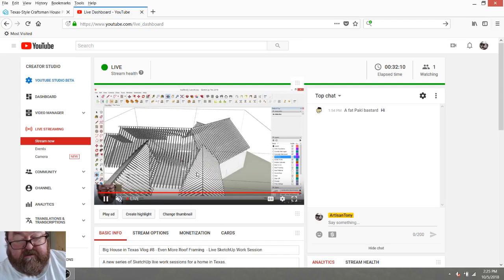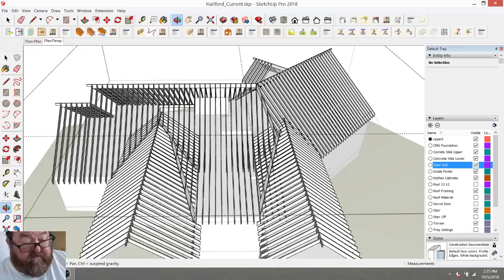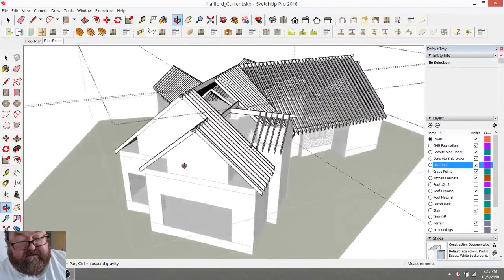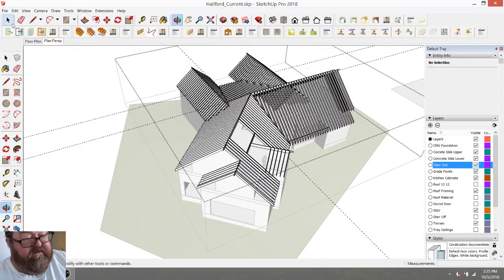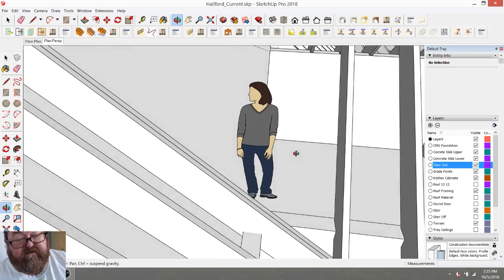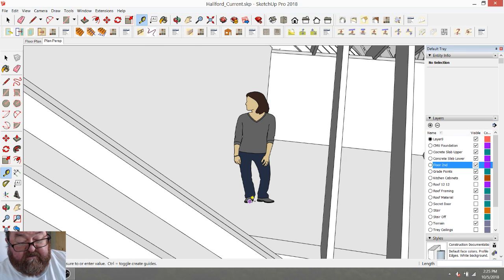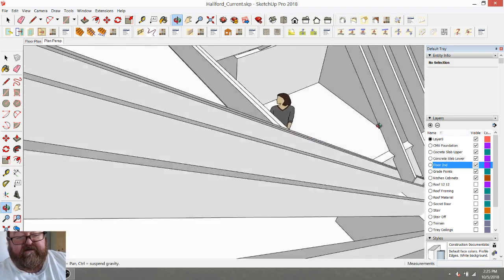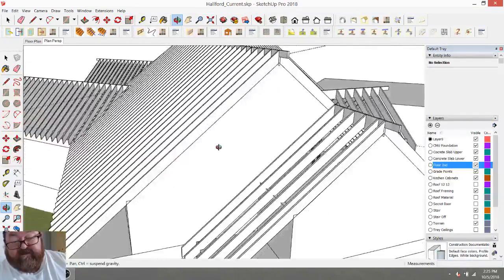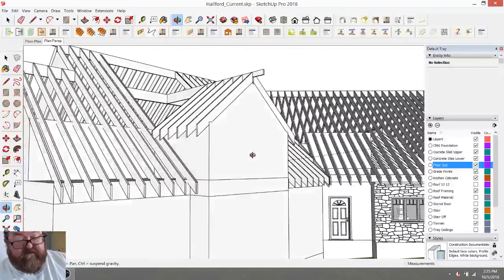Let's see if I'm still going. I just kind of wanted to give the owner an update as to where I was. And I put this little girl in here, woman I should say. She's 5'7". I think she was 5'6" the last time I measured. Average height of a person. I put her in there to show kind of how much room there's going to be in this dormer right here. So the choices are